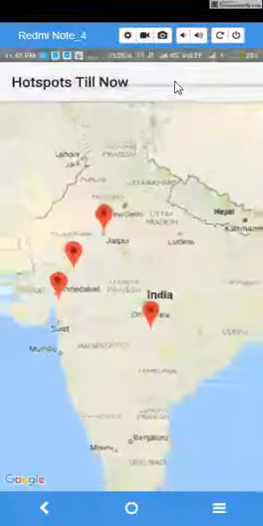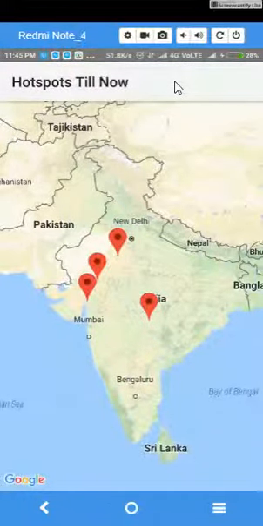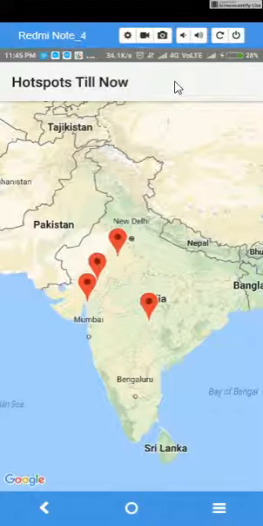You can see here that we've made four alerts, so you can see in what places this alert app has been used. We've made four samples. Wherever there are more dropped pins, the alert app is being used more and more. Whenever the user uses the app, this data gets stored, and through this data, the government can see in what areas most of the crime happens. This is a good feature that we think you can research more and work on more in the future. So let's go back to our homepage,